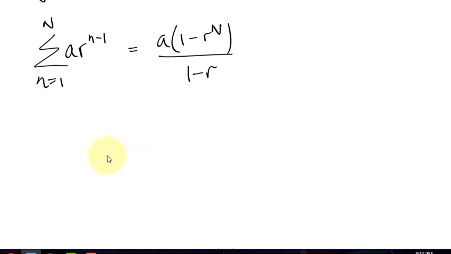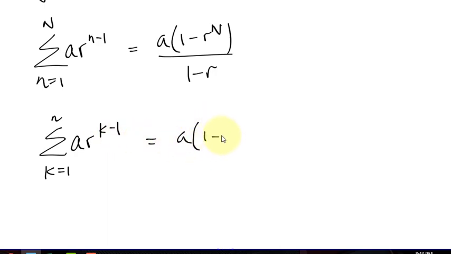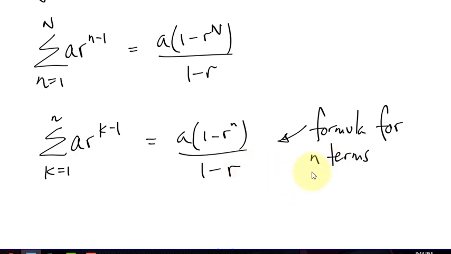Somebody else might write this with a different index, like maybe we could go k equals 1 to lowercase n, a r to the k minus 1, and then it would be a times 1 minus r to the n over 1 minus r. So this is a formula for n terms, the first n terms of this series that's written in this way. So finally, this is the formula that I'm going to use